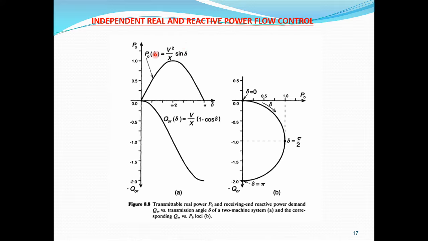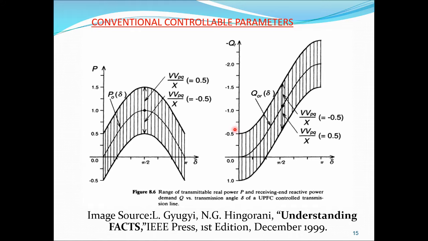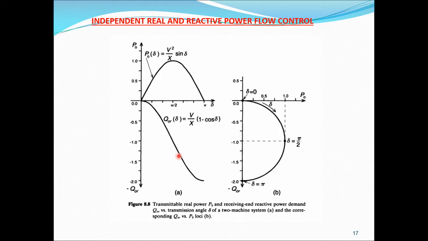One formula is the active power formula, V square by X sin delta. Another formula is Q, V square by X into 1 minus cos delta. It's V square, it's not V, it's V square. If you plot a graph between P and delta, it's exponentially rising and decaying like this. If I plot one curve, it is an exponential rising, negative. In the previous slide we can observe it's negative, minus QR. That's why it has exponential rising up to 180 degrees like this.